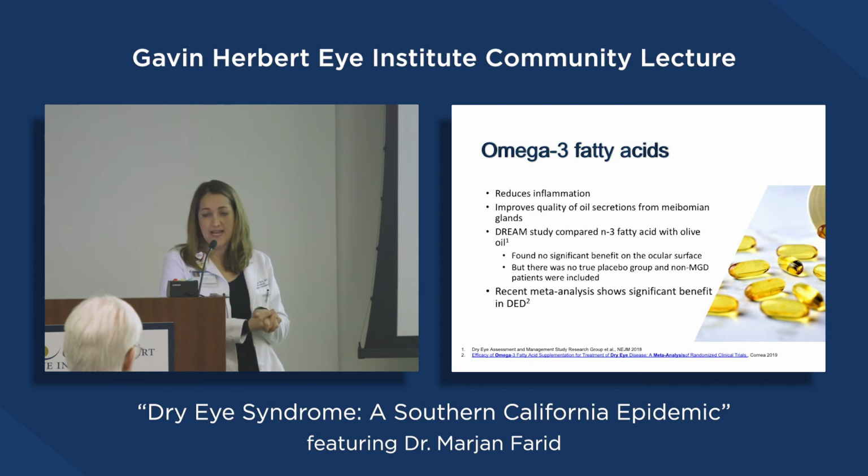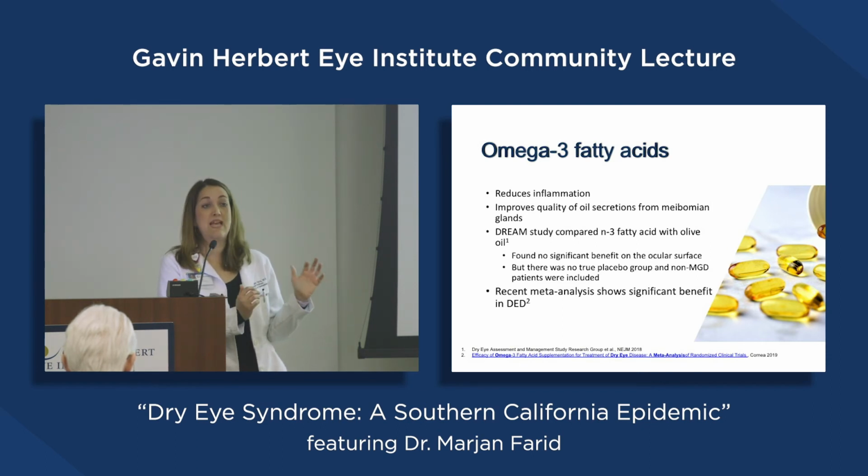What about omega-3 fatty acids? These are like fish oils that we can take. There's been lots of controversy recently, and I'll tell you what the bottom line is. There are tons of randomized controlled trials in the literature that show there's a benefit to taking omega-3 fatty acid supplementation for symptoms and signs of dry eye disease. There's one study that shows, well, maybe it's equivalent to taking olive oil. Because of that one study, there was a lot of controversy, and some doctors said, well, should we be prescribing it or not? And after a lot of deliberation and discussion, my personal research and talking